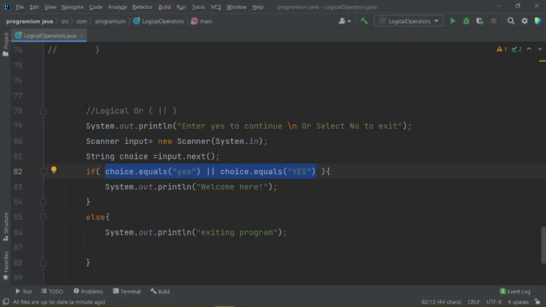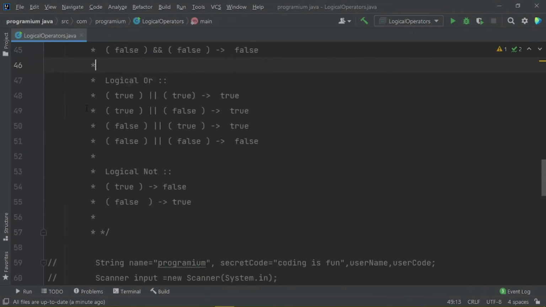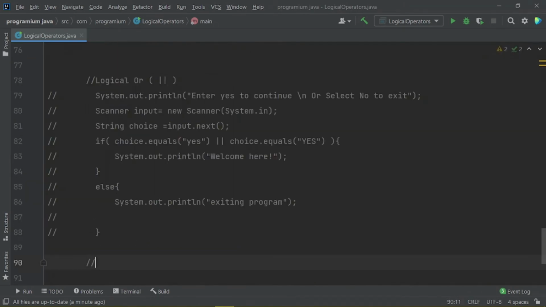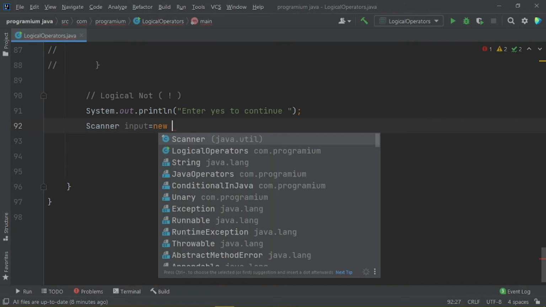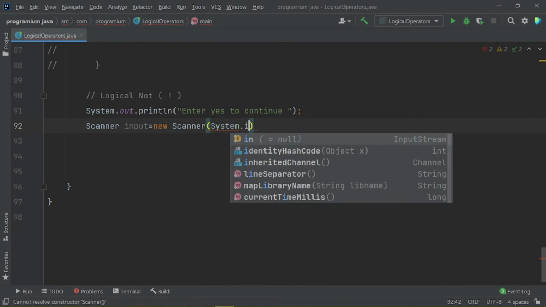So what's next? Next up are logical not operators. So let me put a comment here, logical not, denoted by this sign. So to see how these logical not operators work, let us prompt the user to enter yes to continue, and let us create a scanner object here, new Scanner System.in.